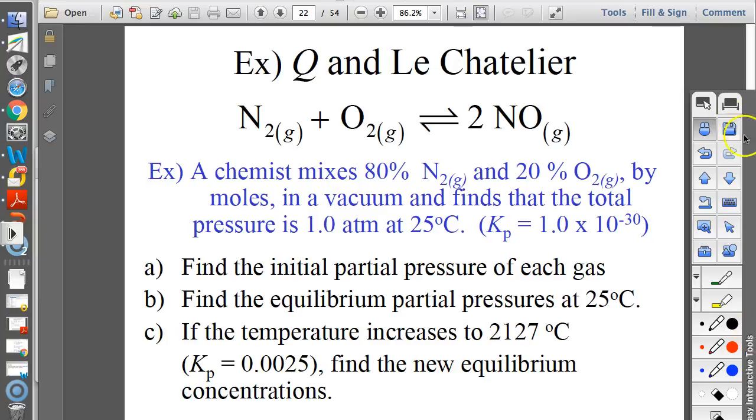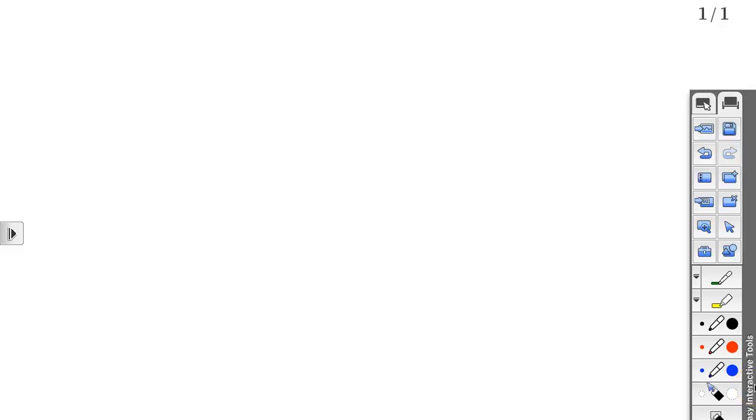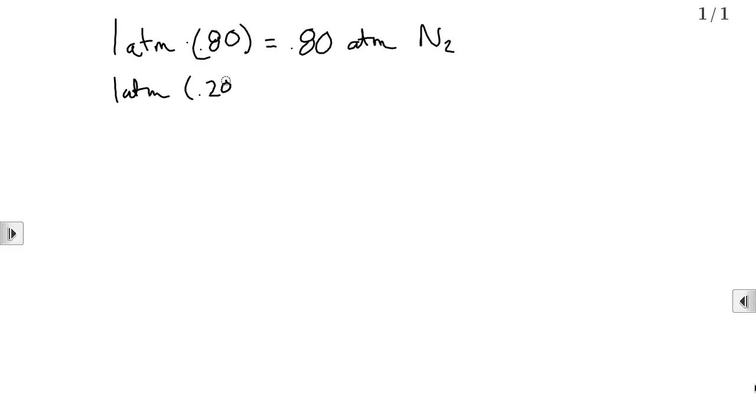So let's just go ahead and do it. N2 and O2. So you'd have to go 1 atm times 0.80 equals 0.80 atm of nitrogen. Then of course really the first thing I'd want to do is write the equilibrium expression. Now these are partial pressures, right? So I'm going to use rounded parentheses. So Kp is equal to